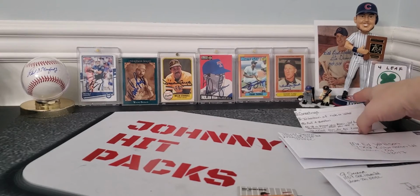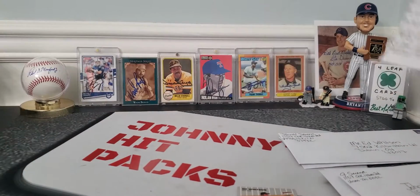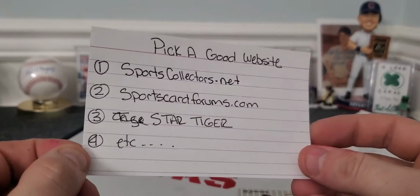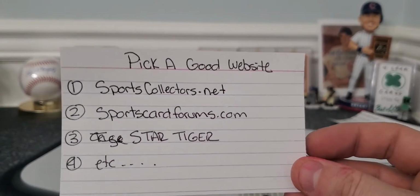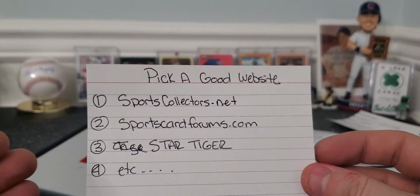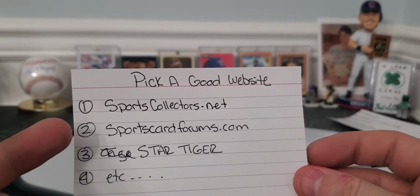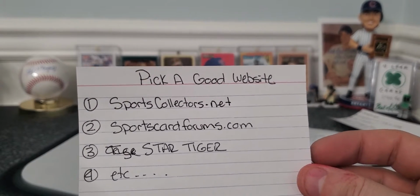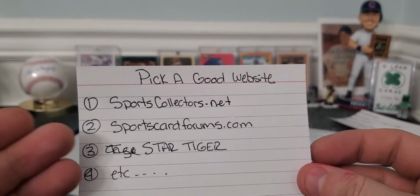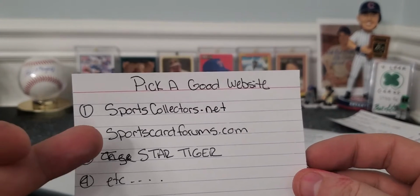But if you decided to do this TTM thing, the first thing you need to do, honestly, I think, is to pick a good website. There's several websites out there. Everyone uses different websites. I started using sportscardforums.com when I first got into it. It's a free site. And it's a great site. But then I started getting into